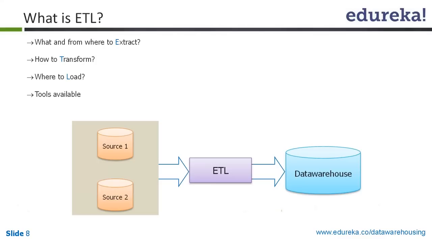So the file is loaded into an area called the staging area. In the staging area, all the business rules are applied. For example, there is a business rule saying that a particular record that is coming in should always be present in the master table record. If it is not present, we will not be moving it further. So we will have to do a lookup on the master table to see whether that record is present or not. If it is not present, you retain it in the staging area, otherwise you move it forward to the next level. And then we load it into the dimension.